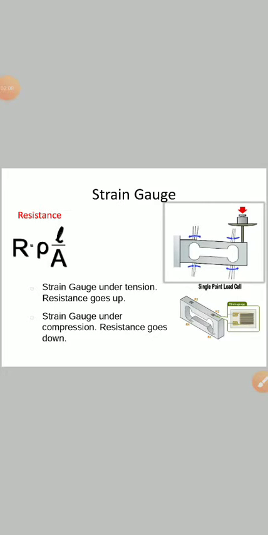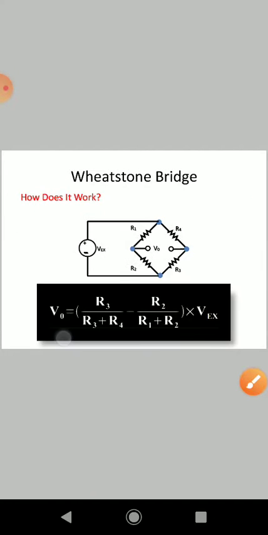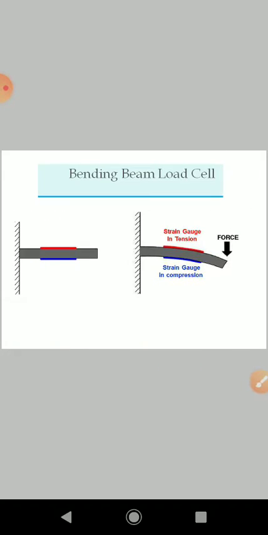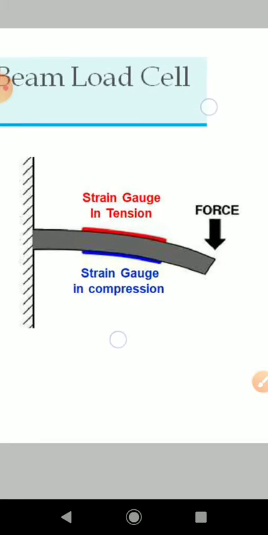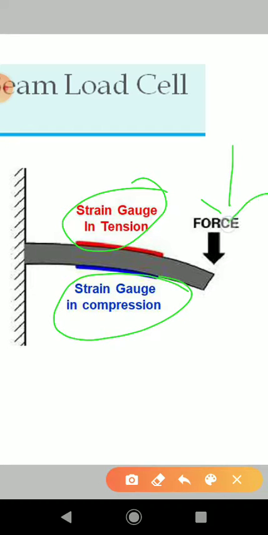This is a strain gauge equivalent circuit. With respect to this, a strain gauge under compression has its resistance changed, and a strain gauge under tension also has its resistance changed. Under tension the resistance goes up, and under compression the resistance goes down. Therefore a change in the equivalent resistance takes place whenever bending of the load beam takes place. When the strain gauge is in tension there is a different resistance value than when it is in compression, so the resistance changes in accordance with the applied force.